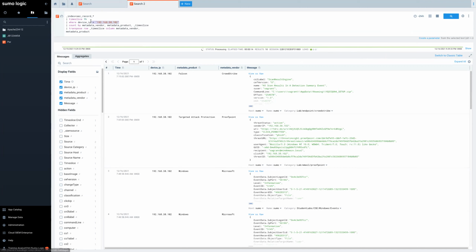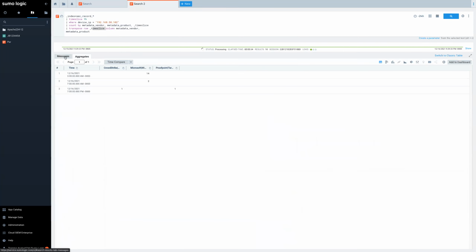So we're saying look for this IP address through all the records that were ingested into Cloud SIEM. When you find that IP address, count the vendor and the product and transpose this data.